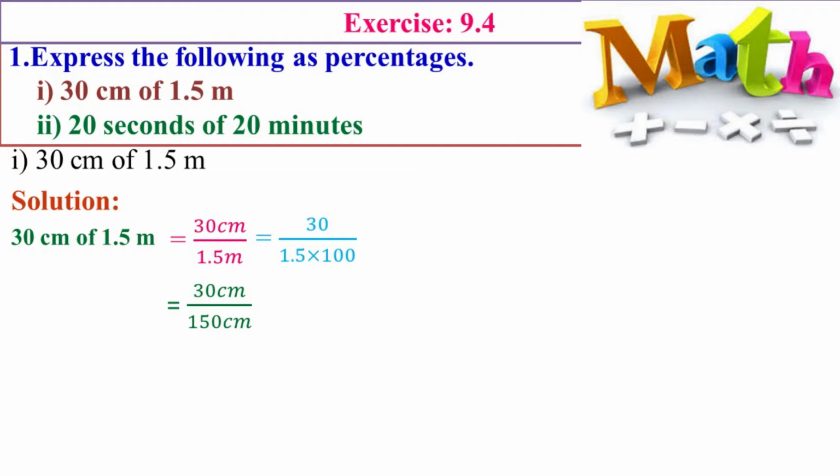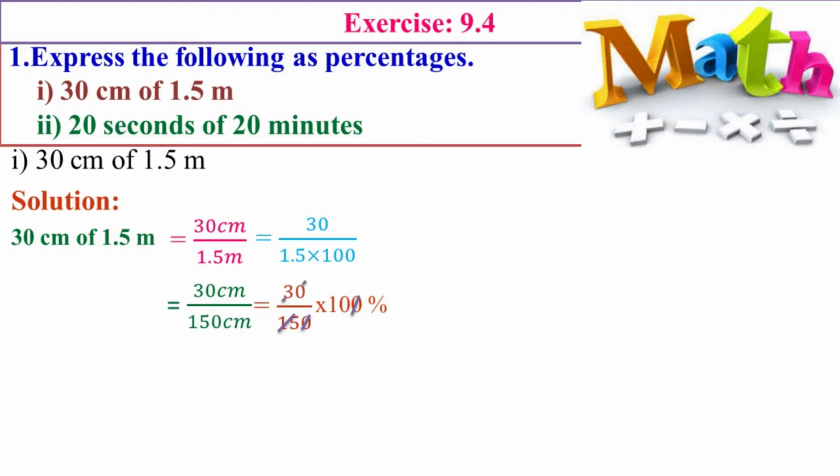To convert a fraction to a percentage, we have to multiply it with 100. Now, on multiplying with 100, the sum becomes 30 by 150 into 100. On multiplying with 100, the whole term becomes percentage. That's why the percentage symbol is also added. Now the 0s get cancelled, right? Now again we can cancel by 15 table. There is 30 in the numerator and 15 in the denominator.